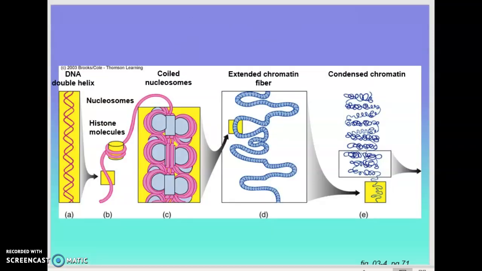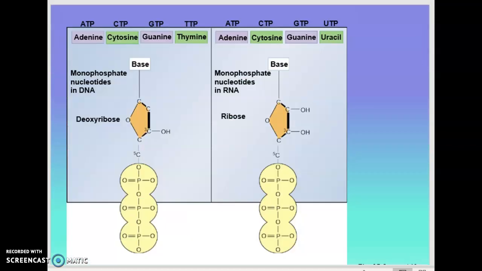So this slide represents what I just described. You have the double helix of DNA, and it coils around histones, and it coils and becomes condensed as chromatin within the nucleus. It will then uncoil and begin to form messenger RNA. So, for example, when it's DNA, it has an adenine base, a cytosine base, a guanine base, and a thymine base. However, when we're talking about